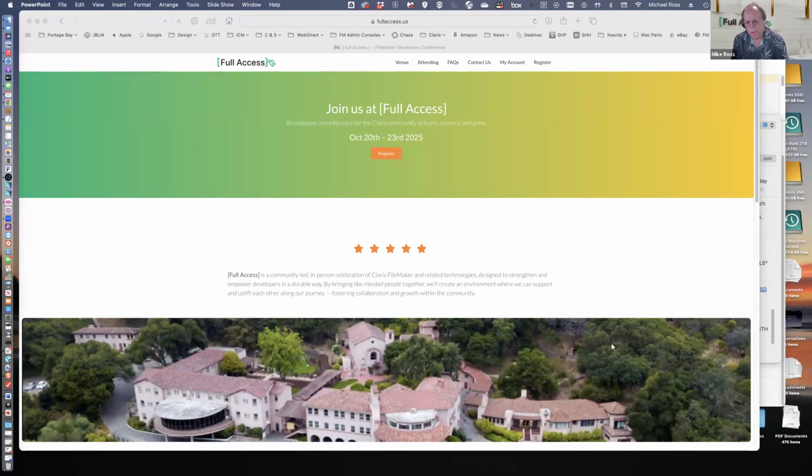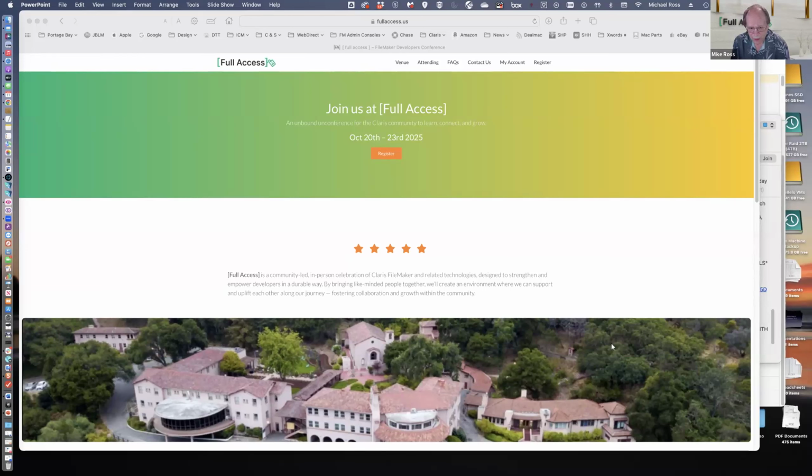We're trying to make this very affordable for a 3-night event. The registration is under $1,000. We have a couple tiers of pricing. The $1,000 and below includes room and board, so it's kind of one-stop shopping. We have single rooms available for $995, double rooms where you're sharing with one person for $895.